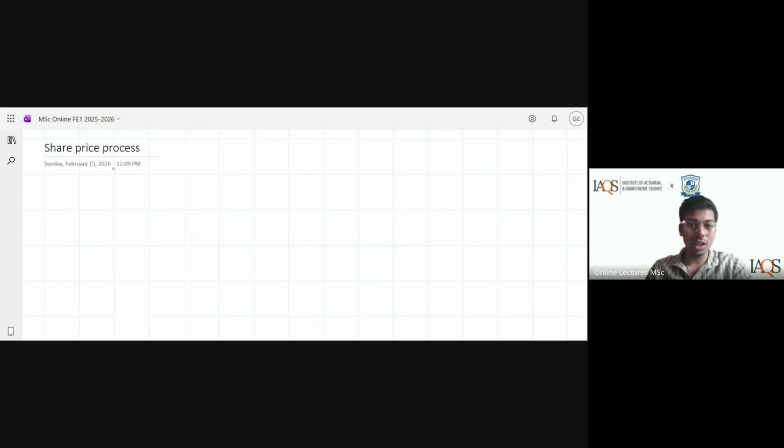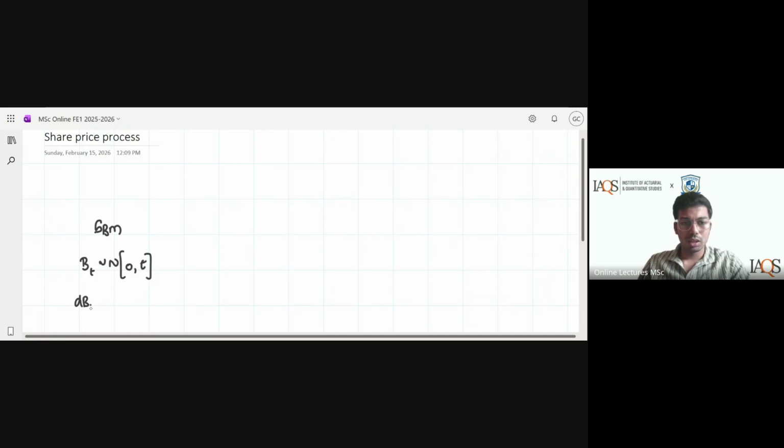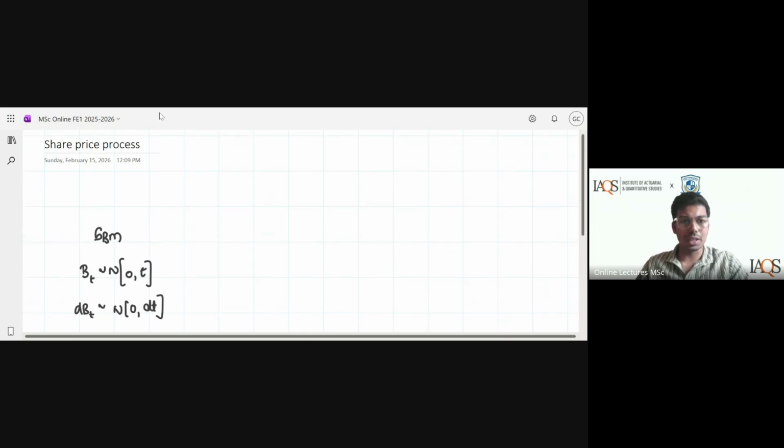Cool. Now, let's start with share price process. Again, revising, going back to our chart, I had standard Brownian motion, where BT follows normal 0, t. The SDE form of BT, we now know, has drift 0 and diffusion 1, dBt. I accounted for my dissimilarities. So in SBM, I solved for drift. I solved for diffusion. I solved for non-zero starting point. I arrive at my general Brownian motion.